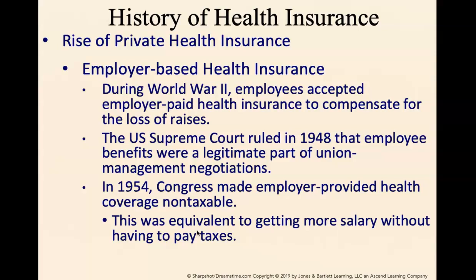But things have changed since then. At first, in 1948, the Supreme Court said that employee benefits, which include health insurance, would now be part of union management negotiation. So when unions negotiate for a contract, it'll be part of the bargaining chip. And in 1954, this is where it all started, where we now